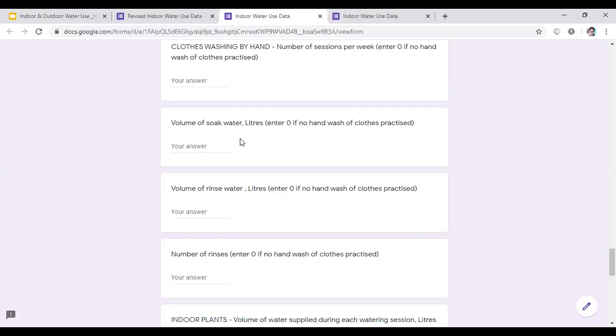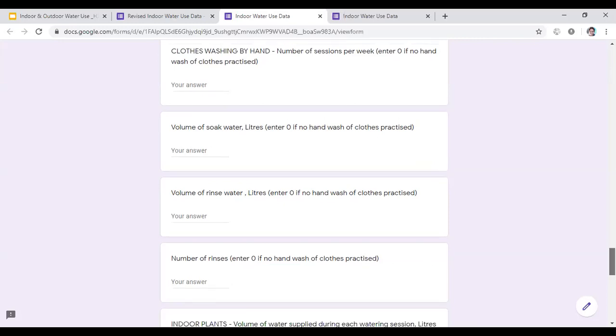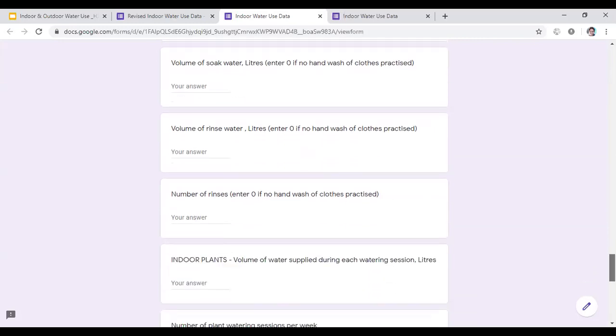So you write down the number of liters, and then we ask, what's the rinse water volume? Is it half a bucket, a full bucket? So they will say it's 3/4 of a bucket, full bucket, half bucket. So you note down the liters. Then we ask, how many times do you rinse? Depending on their method and their own preference, some people may do even 3 rinses. Some may do just 2 rinses. Some may do 1 rinse. So you just ask them how many rinses, and you note that, because for each rinse, you have to account for that volume of bucket they are using. So that takes care of the washing clothes.